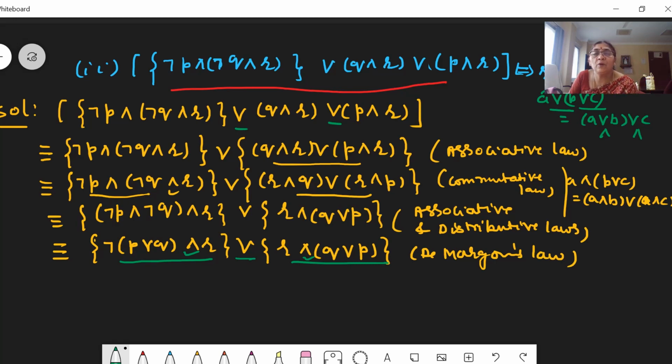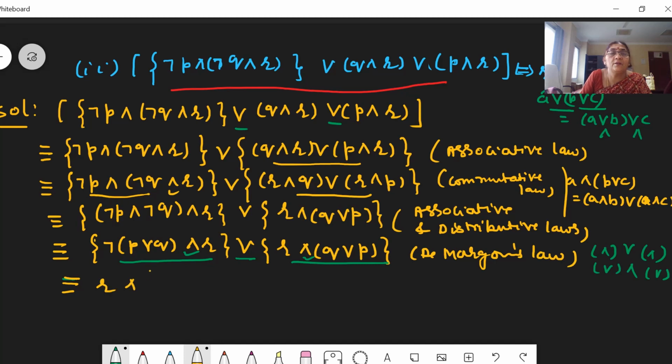Keep in mind, if you want to go for distributive law, inside the bracket must be having same connectivity. Outside they have a different one. Suppose here disjunction in both the brackets, connectivity outside must be a conjunction. It's a combination of conjunction and disjunction. Keep in mind, this is my small bracket. Both must be having same connectivity, outside different connectivity. Then only I go for distributive law. If you want to interchange, R is common. Otherwise you write it directly because you are already familiar with distributive law.